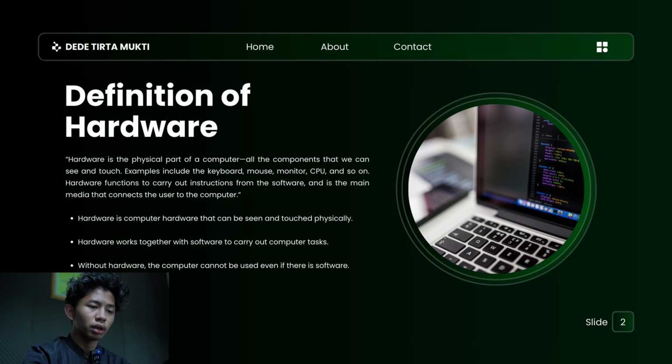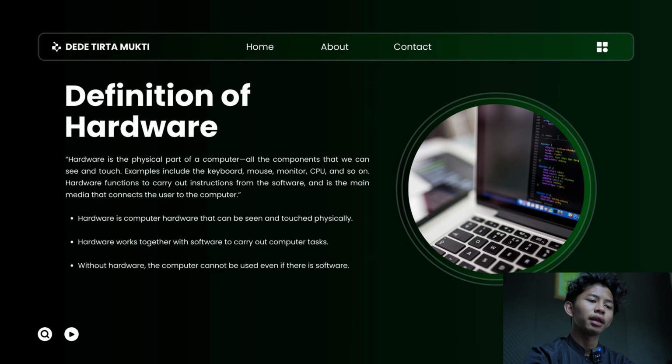Hardware works together with software to carry out computer tasks. Without hardware, the computer cannot be used even if there is software.